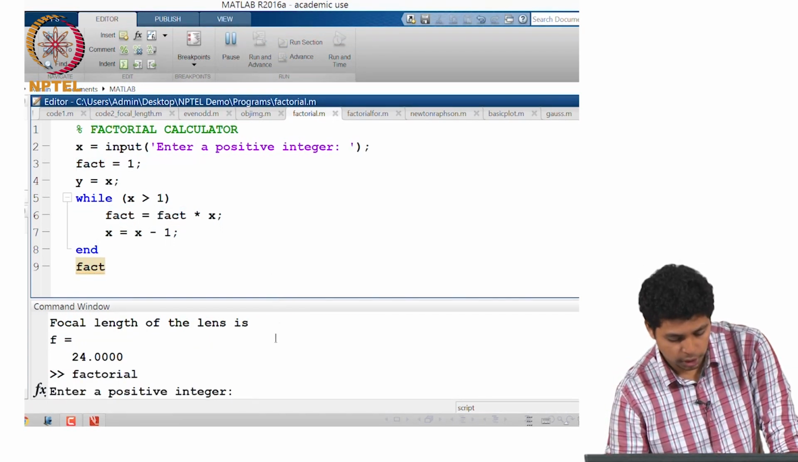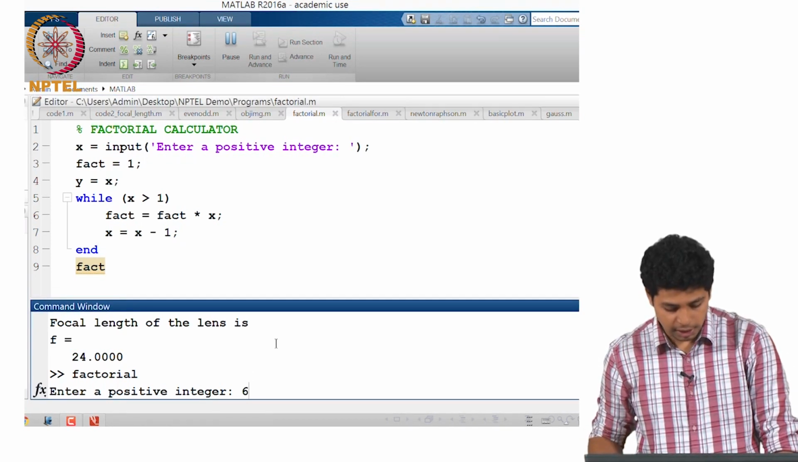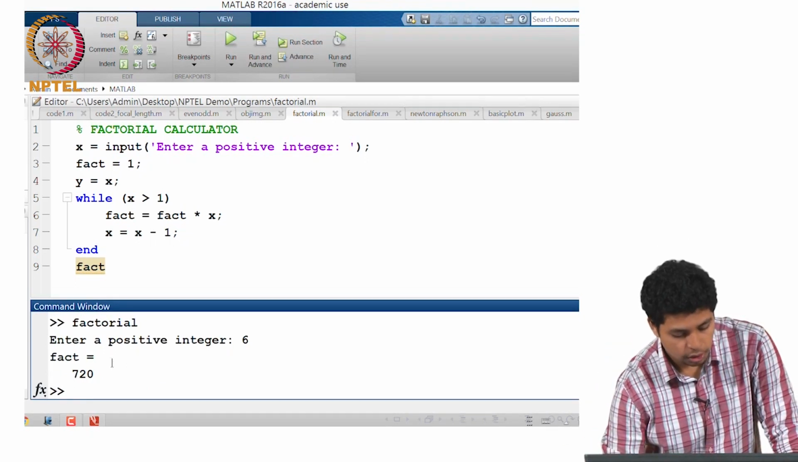So it will ask for a positive integer in the command window. Let's give it a value of 6 and see what the answer is. It will give me 720, which is the right answer. So what happens is, when I put 6 here, it will check if 6 is greater than 1. It is greater than 1, so it will multiply factorial is equal to factorial, which is 1, into 6,